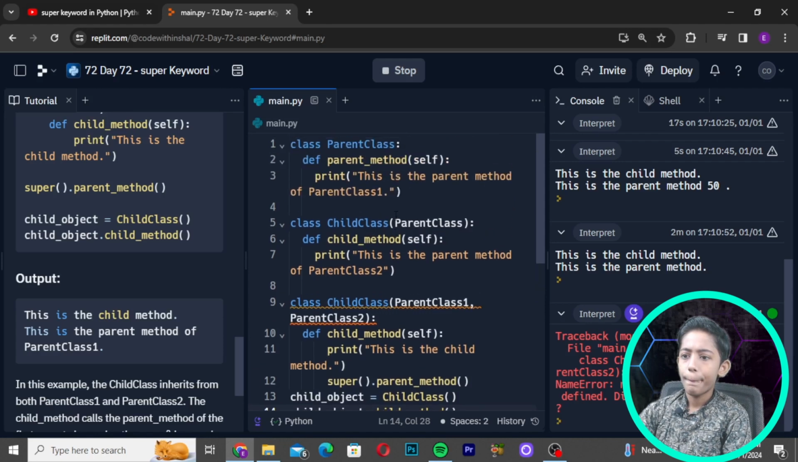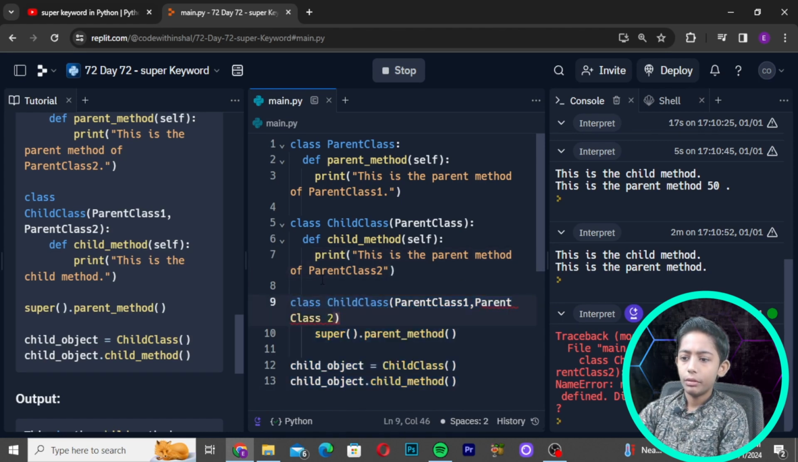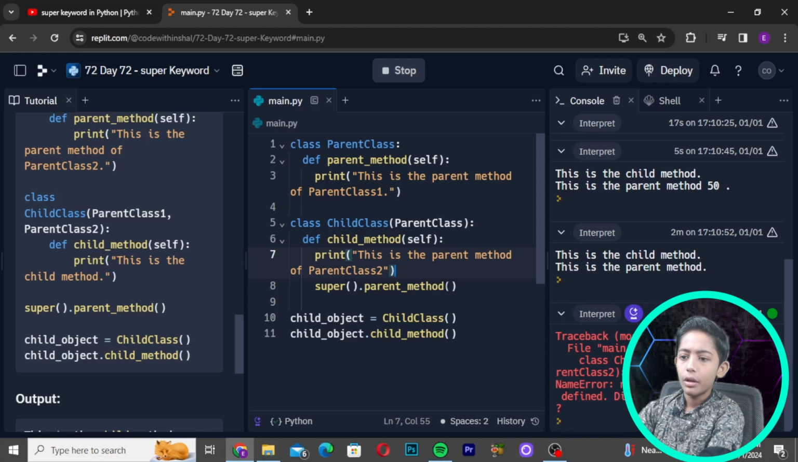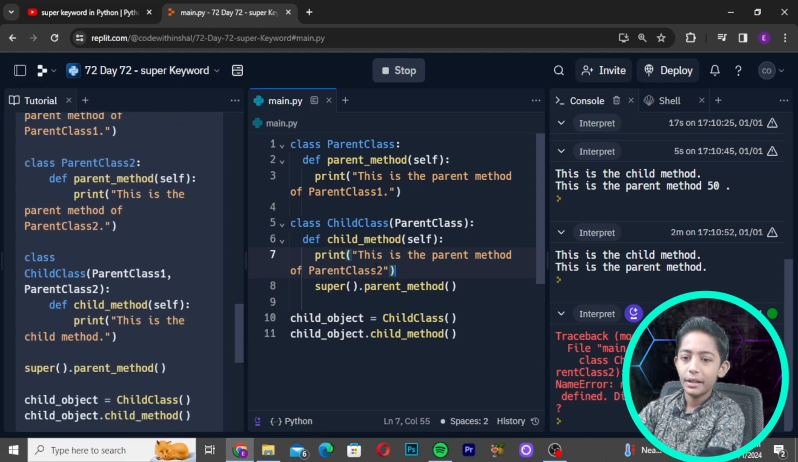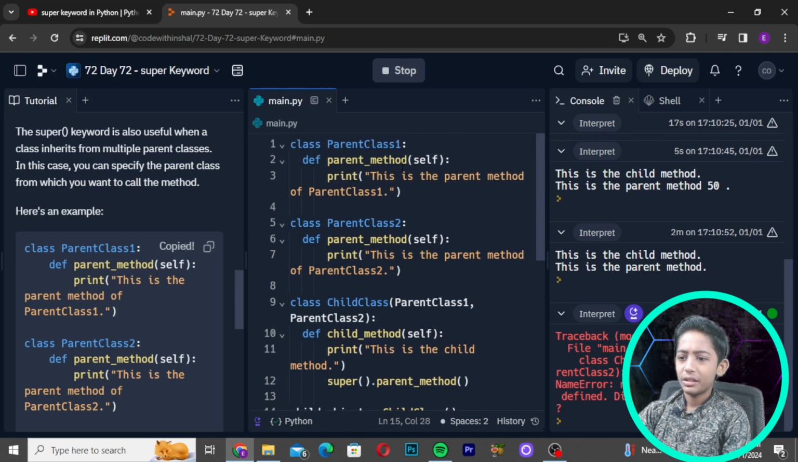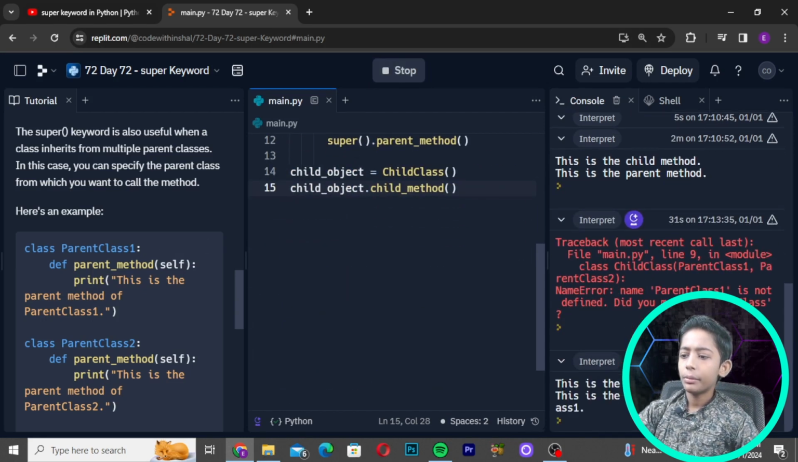So here we will do like this, and now erase all this, and now here we will come up, and here we will write class, copy it and paste it like this, and then we will run it, and then this is the child